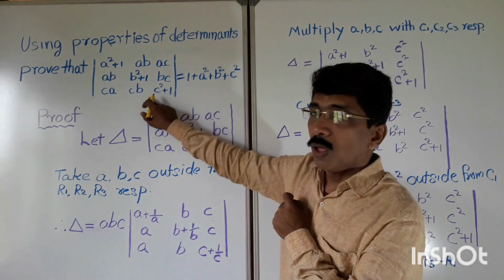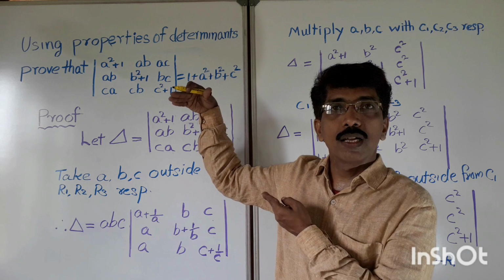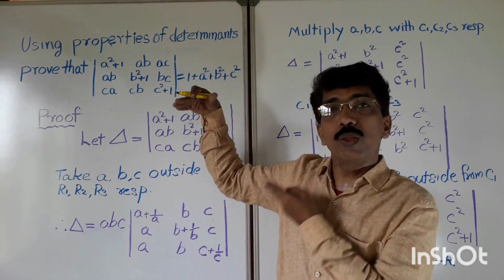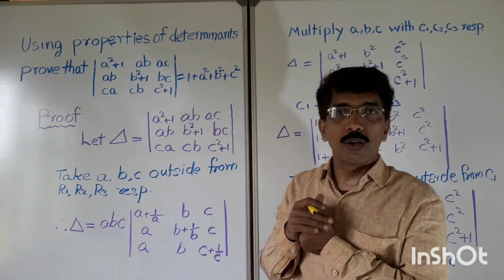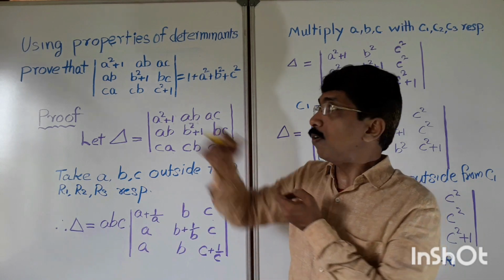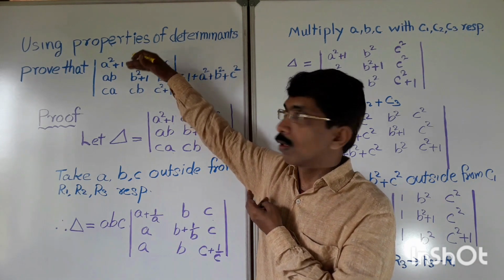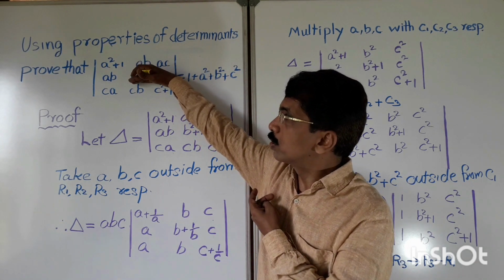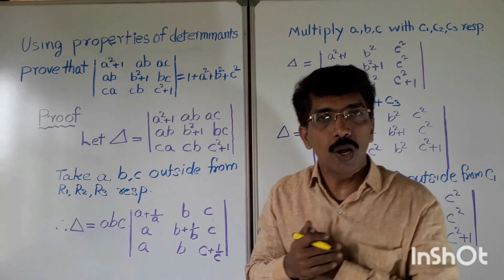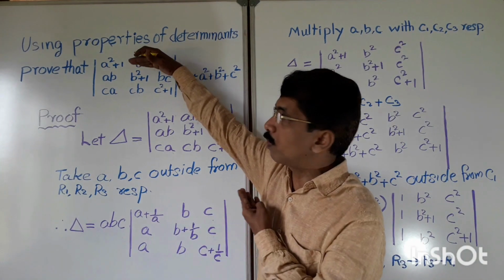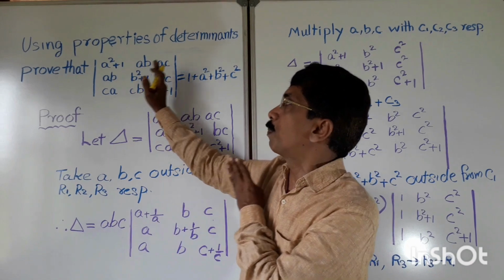See the problem. We studied that if you change a row in a determinant, with one row you can add the multiple of other rows. So if you change one row as the sum of other rows, or add two other rows or multiples of other rows, the value of the determinant will not change. We can change the determinant as R1 changes to R1 plus R2 plus R3, or C1 to C1 plus C2 plus C3.